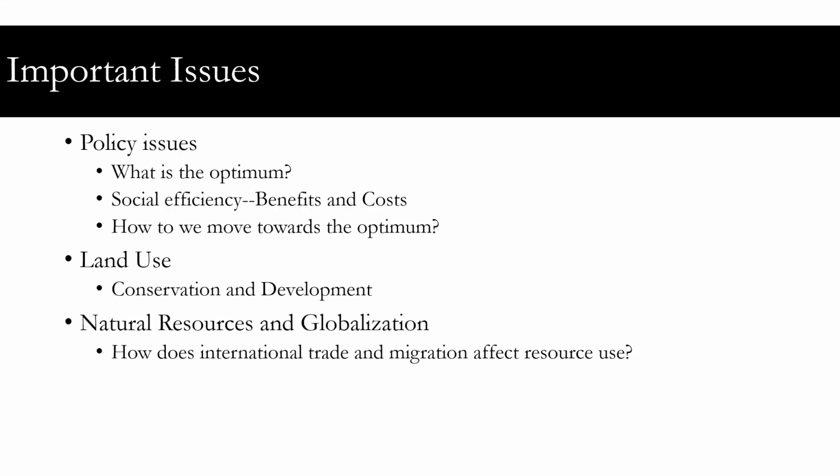All right, we'll talk about policy issues. How do we decide what is the optimal way to use natural resources? There's going to be a big section on this in the middle of the class. We'll talk about land use, conservation and development. What's the best way to use land? How do we know? And we may touch towards the end of the class a little bit on natural resources and globalization. One interesting thing is that if there's international trade and international migration, then that's going to affect natural resource use as well across boundaries. And that's something to